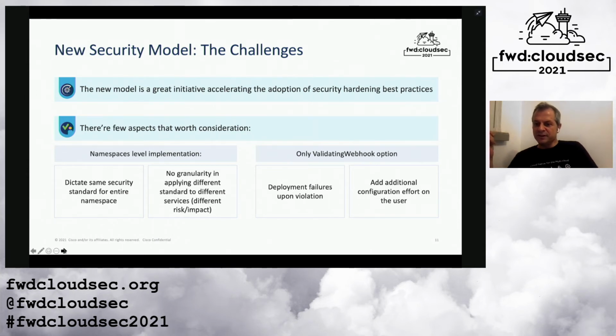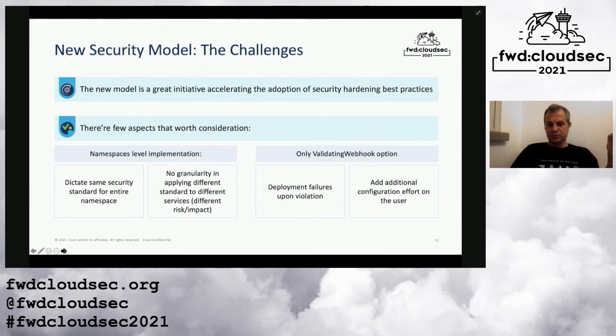It only uses the validating webhook. Validating webhook means that if it doesn't meet the policy, it will fail. Now, what is the practical meaning? Someone needs to go back, do another rotation, make the configuration changes, change the security context, and make the deployment again. Sometimes, due to different structure, organization, and different responsibility, you don't want to reject. You also want to fix it. If there's an issue, there is a certain policy defined, so fix it, right? Not just tell it, because a lot of times, not every time, it's intentional. Sometimes it's just a mistake. I just have the default setting. So this is one challenge that I have with the current structure that is only allowing the validating webhook.